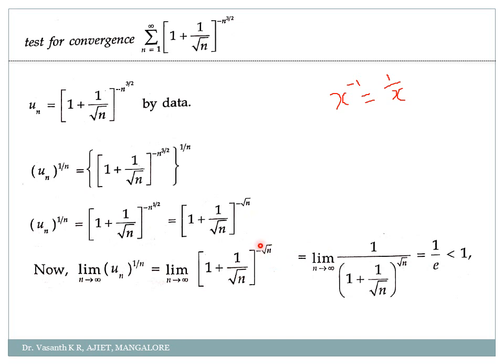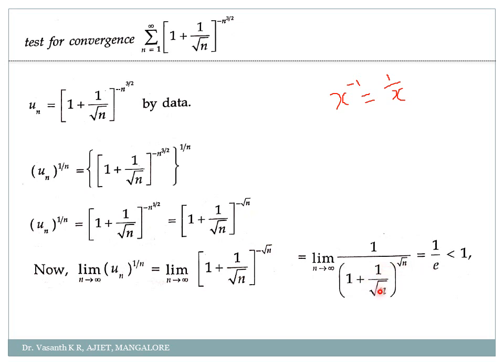Limit n tending to infinity. See, x to the power minus 1 is what? One second my dear students, I'll just write it. I'm giving you an example. What is x to the power minus 1? It is simply 1 by x, correct? So x to the power minus 1, I can write it as 1 by x. If it is x to the power minus 2, 1 by x square. Same way here, take this whole term as x to the power minus of something, so I can write it as 1 by x to the power that power. Correct? Now, what is the standard value?